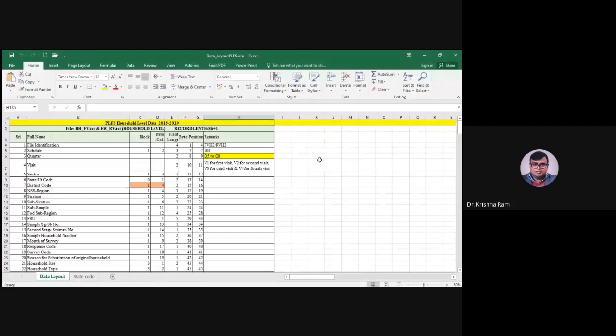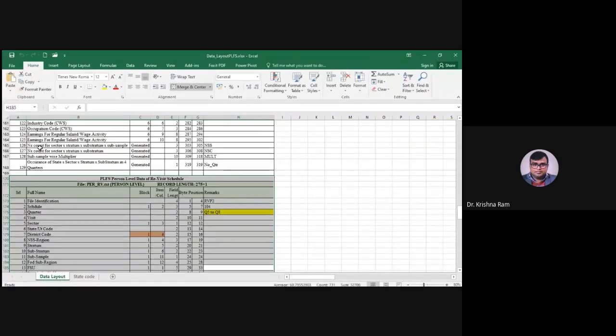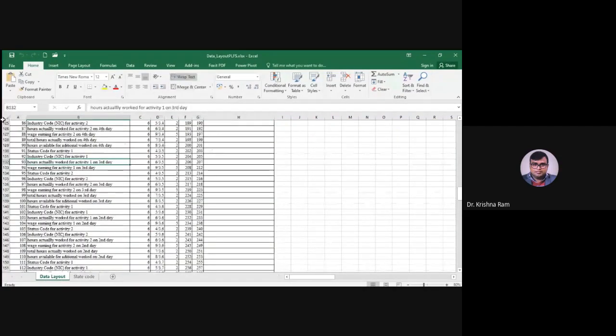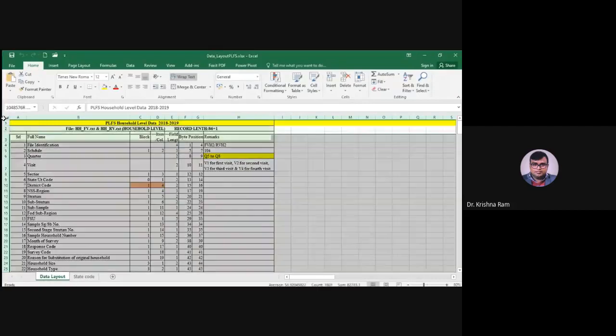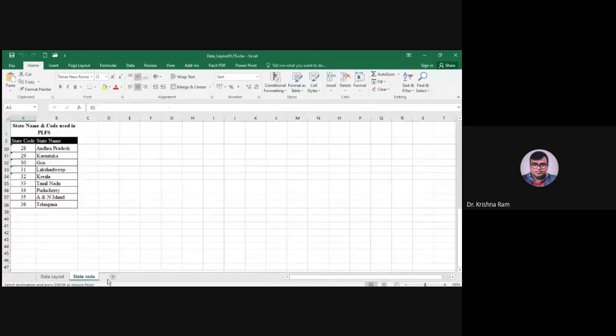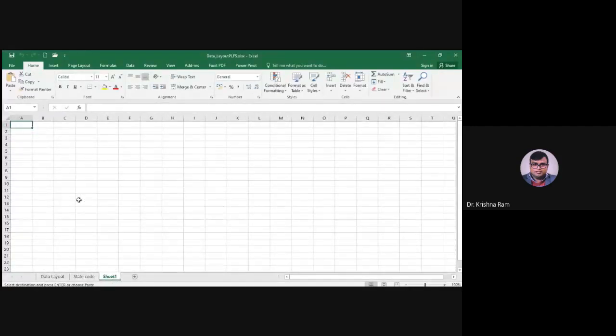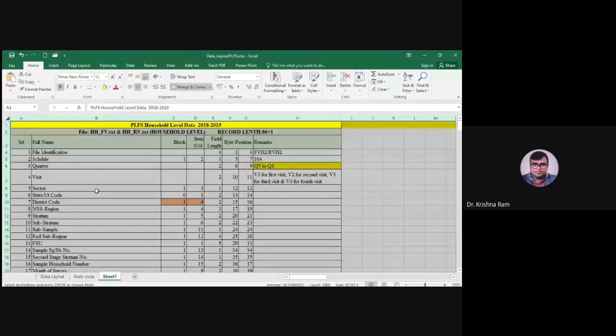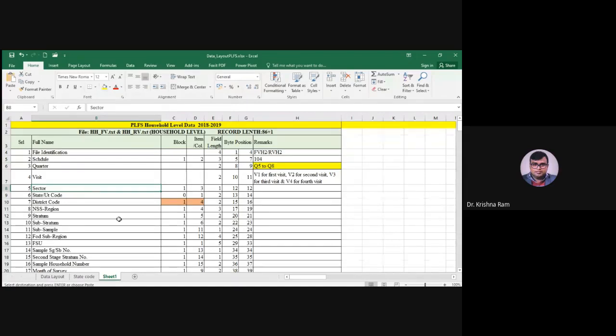So what we do, since I opened the layout file, first you make a duplicate of it. You copy it from here at the top, copy and make a duplicate. The second sheet is the state code, so make a duplicate of it. So this one becomes a duplicate of the layout file. Then save this one, and for making a dictionary file,